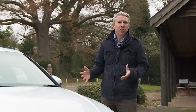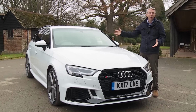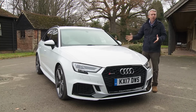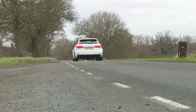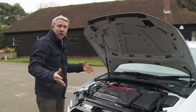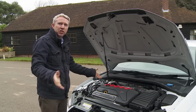Did anyone ever imagine that one day a model of this size would offer what would once have been seen as supercar-style power? In this improved second-generation Audi RS3, that's just what you get. Four-wheel drive, formidable performance, and 400 PS. You heard that last figure right. More than any car of this kind has ever offered before, courtesy of an engine that really sets this model